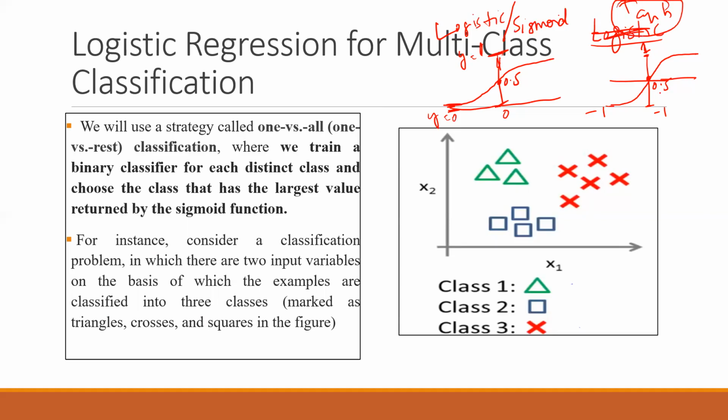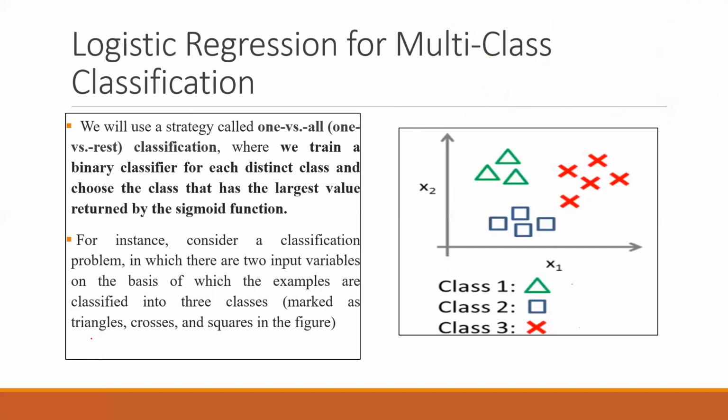Similarly, there is a tan h function in which the limitation is -1 to 1. We will study this later, but for now we are only dealing with the sigmoid, with limitation 0 to 1. But now I am saying that we also want to do multi-class classification. It means we have to deal with more than 2 classes. Here there are 3 classes. How do I do this multi-class classification, knowing that logistic regression is only for binary classification?